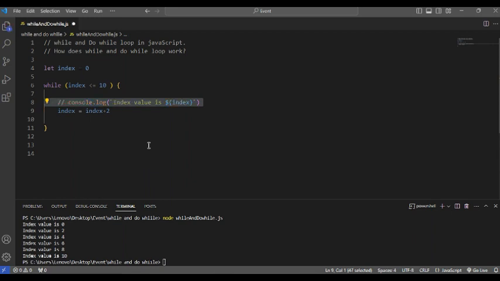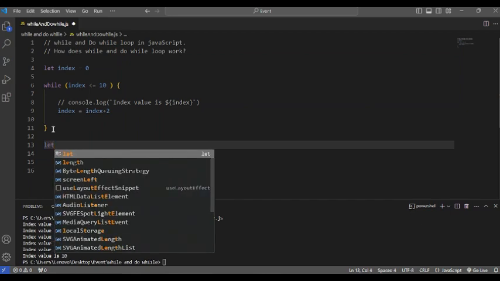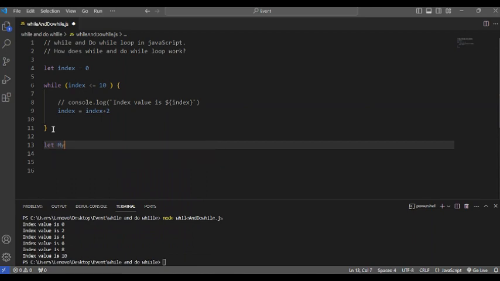Okay, so I would also like to give you another example with an array. You know that we mostly use loops with arrays. All right. So let me declare an array. The array name will be myArray. So what will be the array? A,